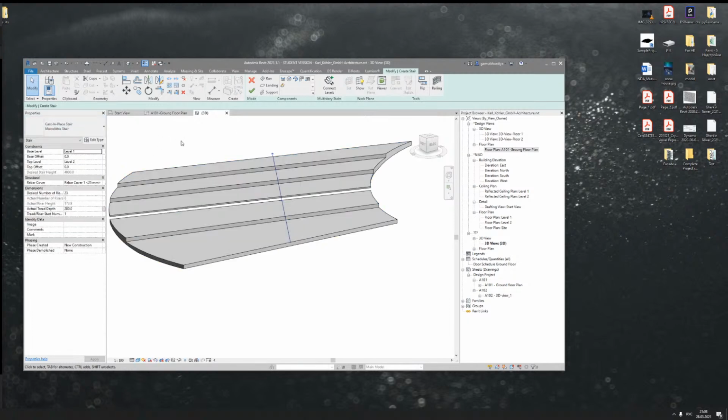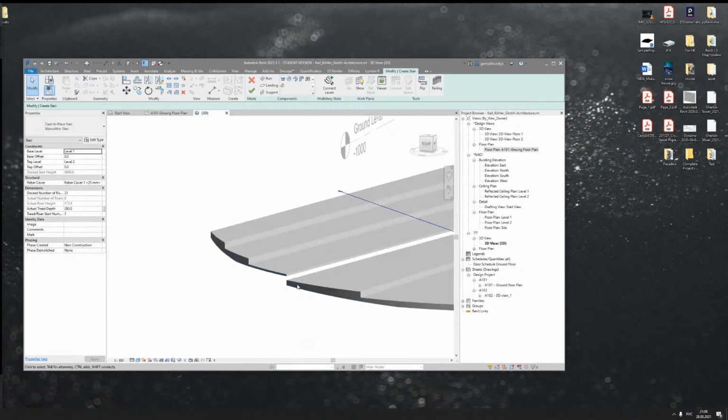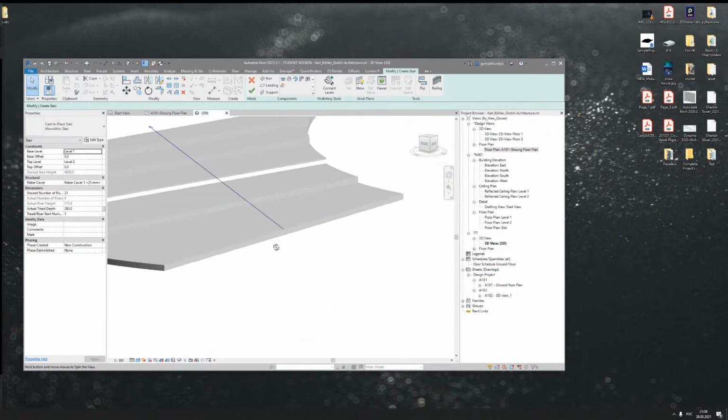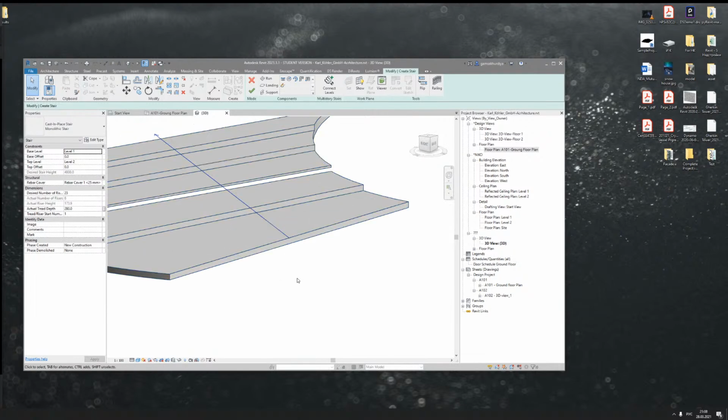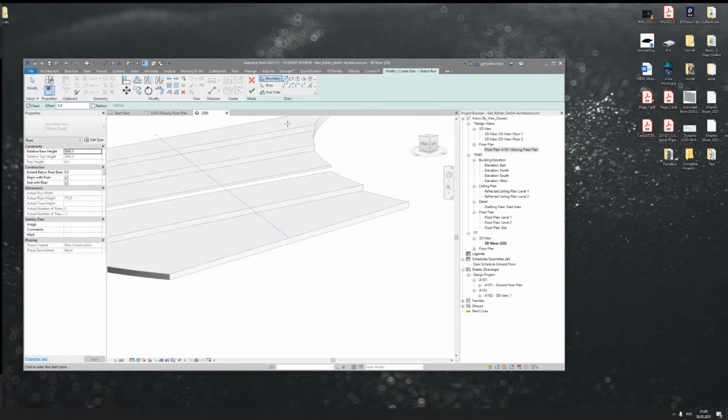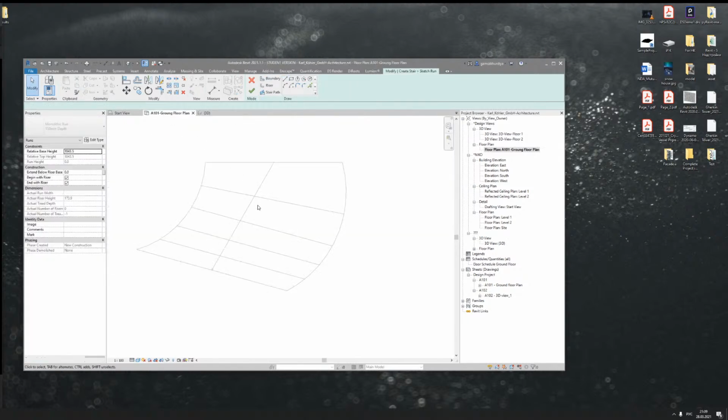I wanna do it monolithic one, and as you can see, we get some problem already here. These problems you can solve in a few ways. For example, one way is you can divide this staircase into two simple parts, for example at the middle part, or you can just play with the stair path. So we'll go back to the plan,